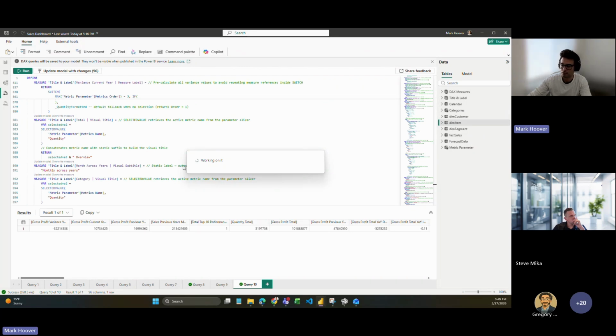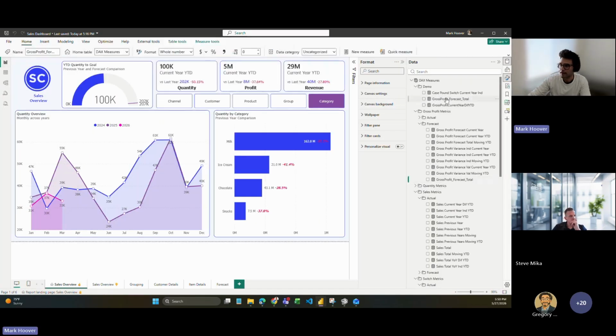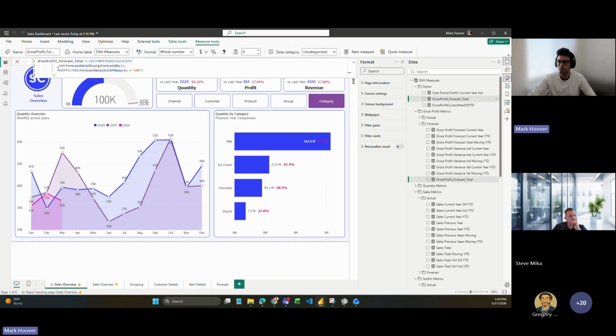It's working on it, so usually it doesn't take this long. There we go. Take a look at that. Here we go. So this does look much more formatted than before, a little bit easier to read. Still, to me, it's not exactly the way I like to see it. Everyone has their own preference. I think really the point is that